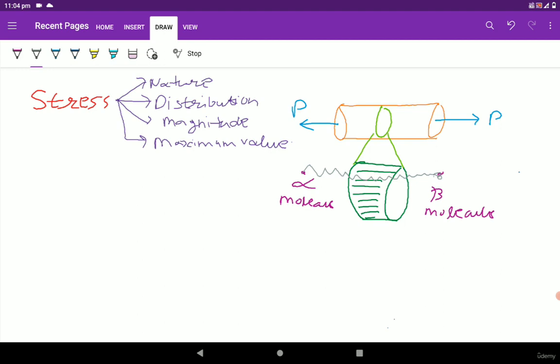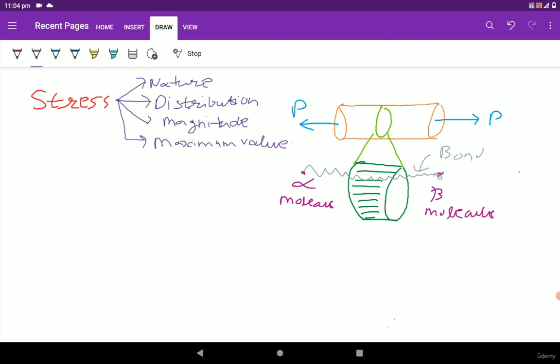So this is a bond between alpha and beta molecule. So the main thing I want to convey is that, let me first draw